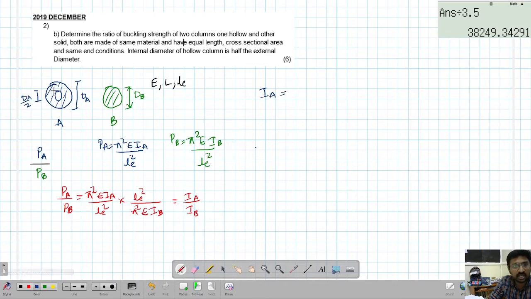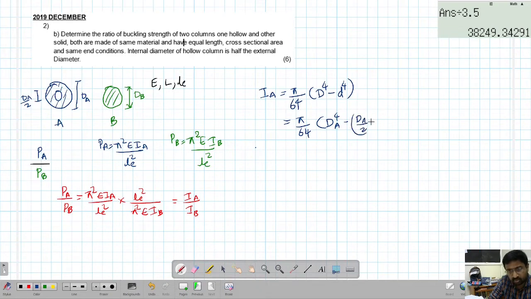IA is a hollow circular cylinder. For a hollow circular cylinder, the IA is given as pi by 64 into (D to the power 4 minus small d to the power 4). So in this case, it is pi by 64 into (dA to the power 4 minus (dA by 2) to the power 4). So this comes out to be pi by 64 into dA to the power 4 minus